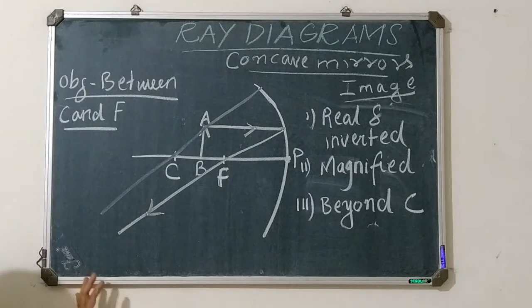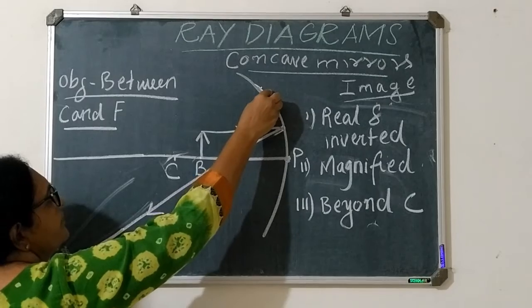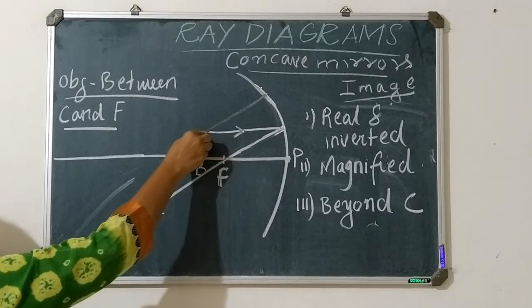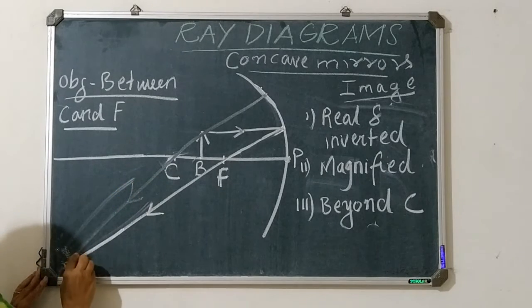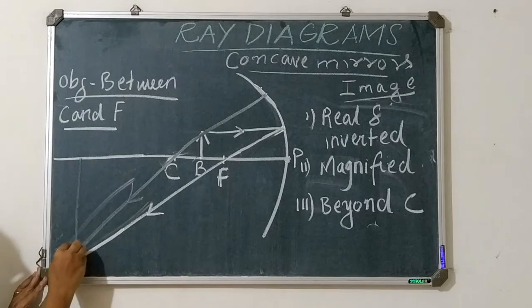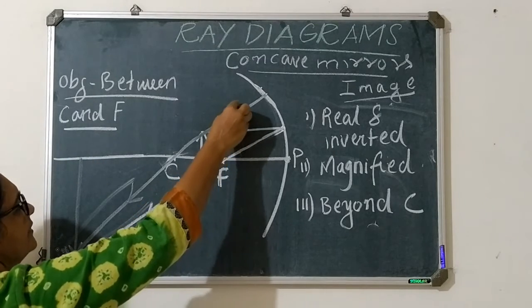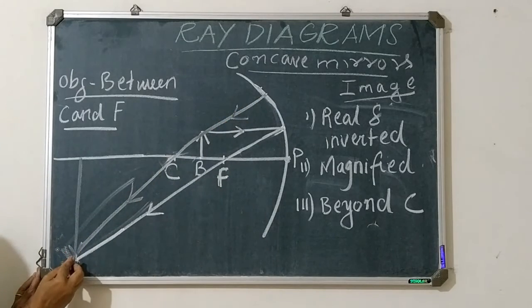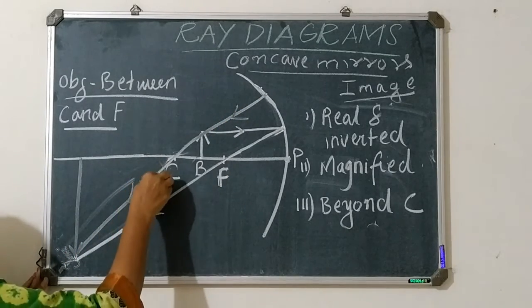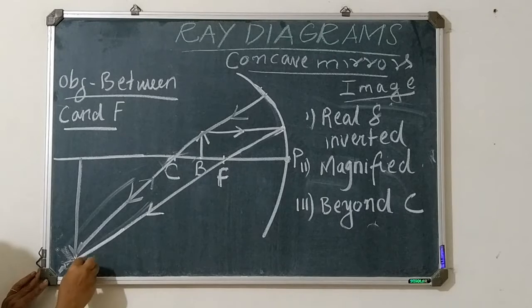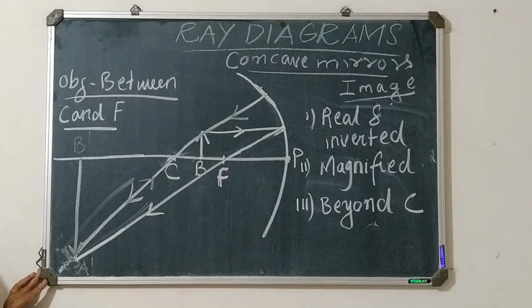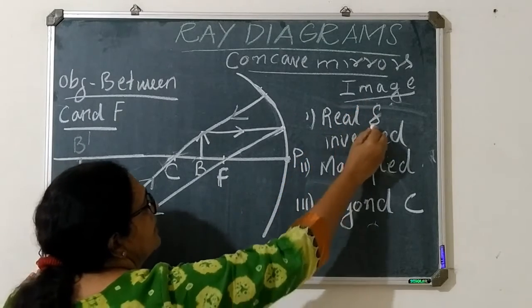It is passing through the center of curvature, and we know that the ray which passes through the center of curvature, one minute children. Okay, the other ray which is passing through the center of curvature, from here, meets somewhere here. So where the two rays are meeting, there the image will be formed. And we know that the ray which is passing through the center of curvature returns back on the same path in the opposite direction. And the image which is formed here, A dash, B dash, where the two rays are meeting, the type of the image will be real and inverted.